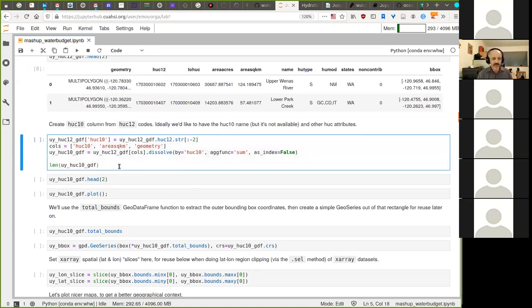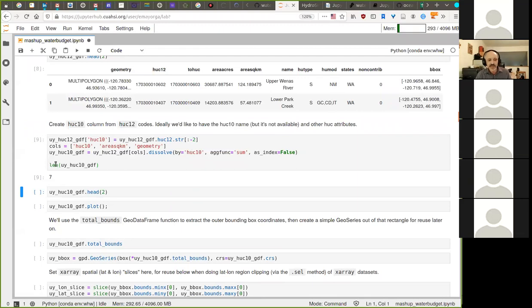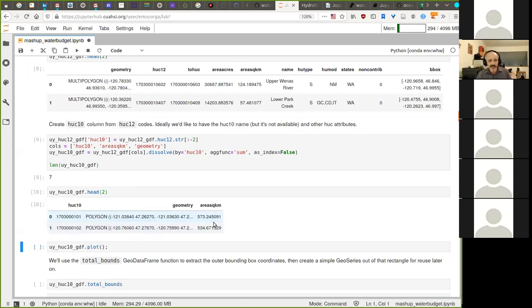Okay, I'm going to run this. And the length here tells us how many features or rows there are. There are 7 rows or watersheds. Let's see what that looks like. That's what it is. It's just 2 attributes plus a geometry, as opposed to all of those, which drop out because they don't make sense when you aggregate to